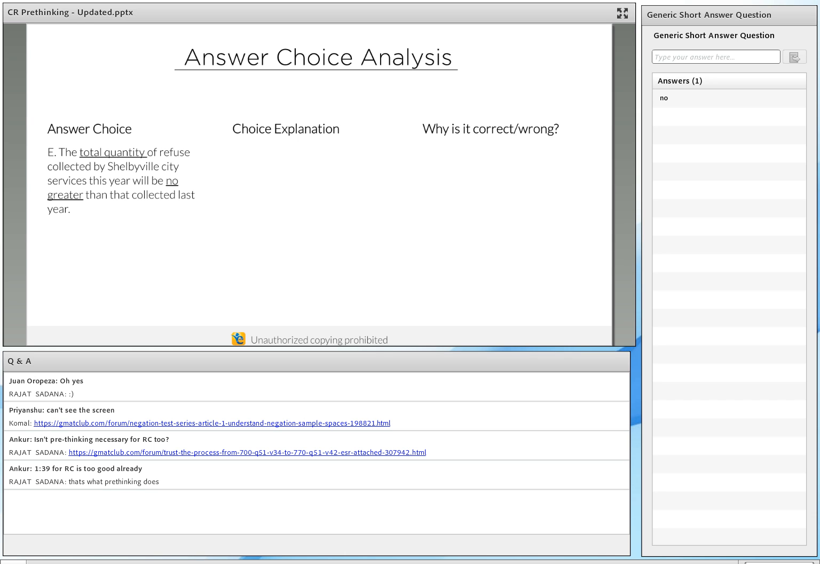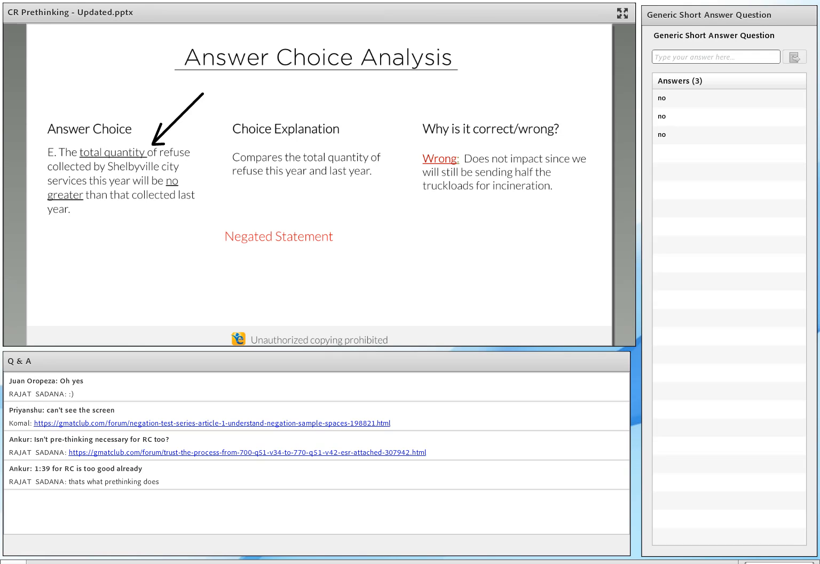And choice E, which is also very popular, the total quantity of refuse. Does that matter? Does the total quantity of refuse matter? We saw that it doesn't matter even if you have 10x as much refuse, you're only going to send half as many truckloads. Now, when you think about this question, it seemed very complex, but the logic in this